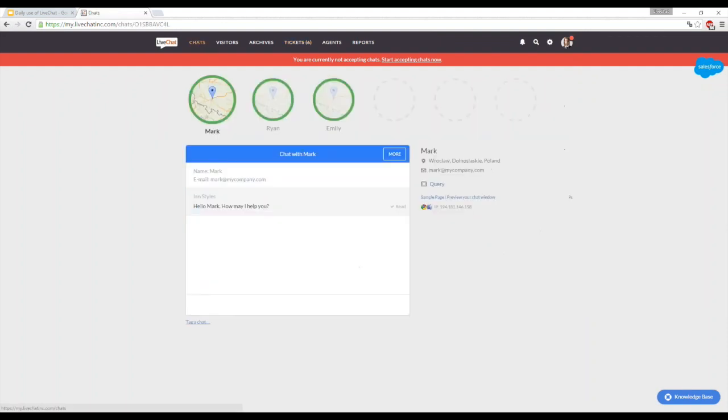Now onto the transferring function. Some of you may be familiar with it, some of you may not. That's why I think it's really important to mention it. If you're tending to a chat and you for some reason know that somebody else should be taking care of it, maybe they were not available when the visitors started chatting, or maybe it's a different department that's responsible for the case that your client wants to solve,